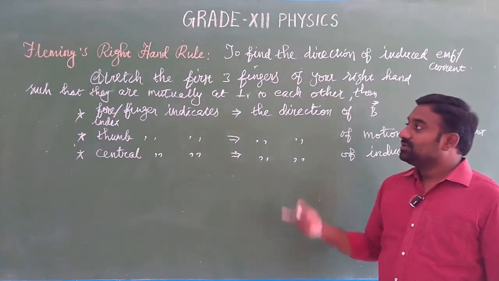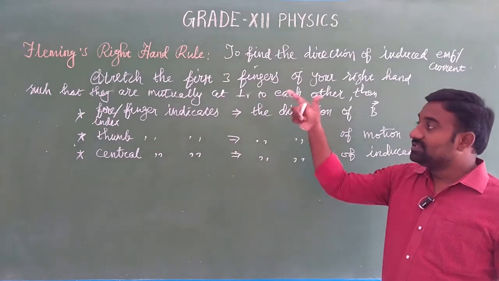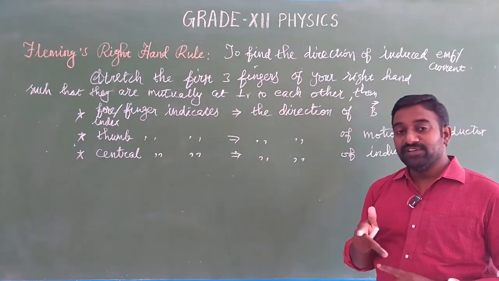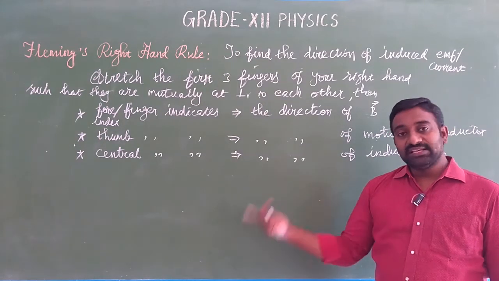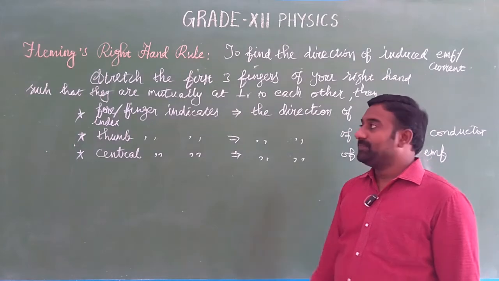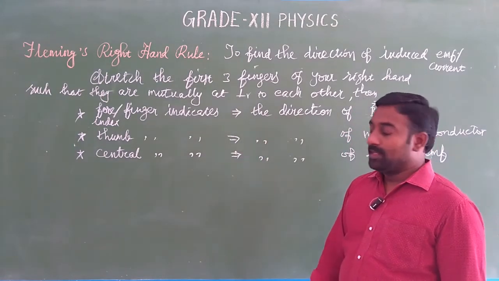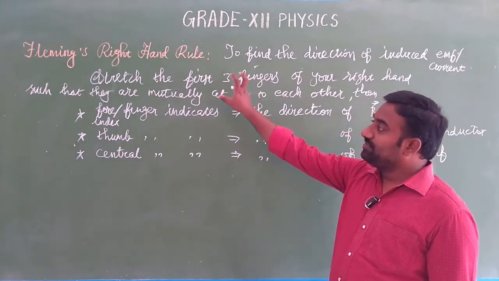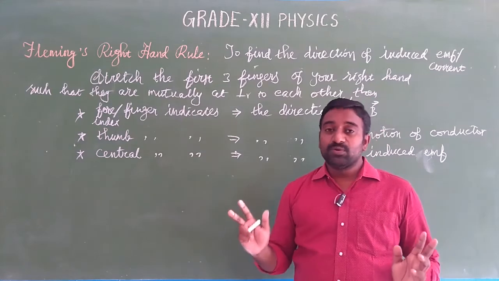Okay. So the right hand rule is used to verify the direction of induced EMF. This rule is used to verify the direction of induced EMF in a generator. That we are going to discuss in the 7th chapter, the upcoming chapter. So for now it's enough to know up to this. The aim of the right hand rule is to find the direction of induced EMF. This is not a working principle.